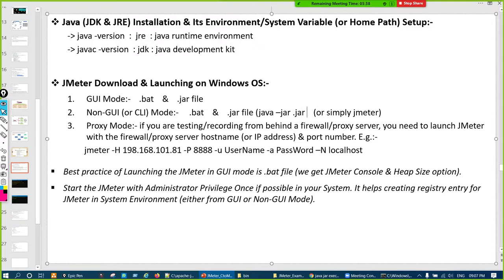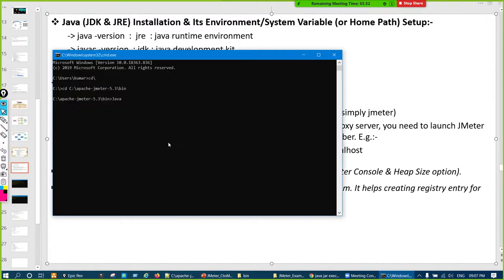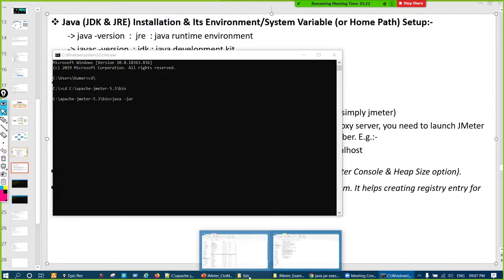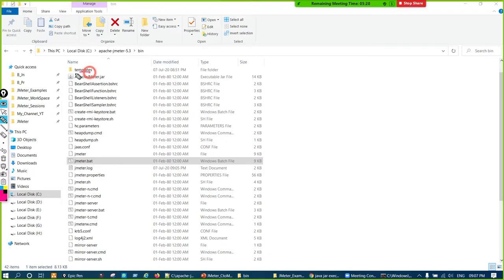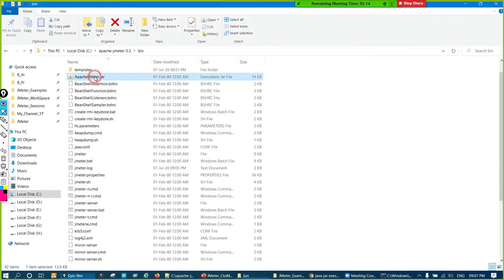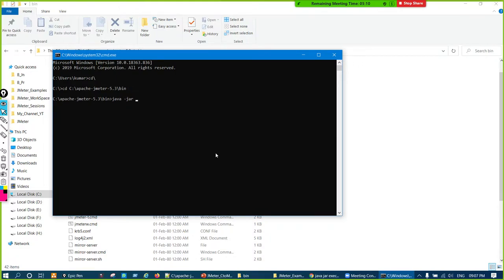So first we type java, then dash jar, and then the whole file name of that Apache JMeter jar file that we are seeing. We copy the whole Apache JMeter .jar name using F2 and Control-A, copy that, put it here, and hit the enter button, and it will launch.